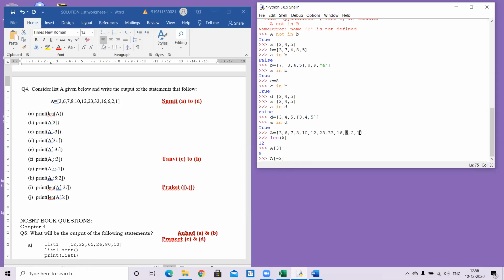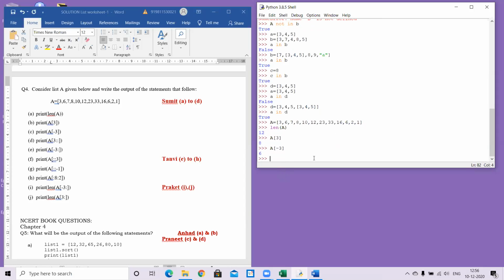No, beta, it should be 6, because from the right hand side you don't start from 0. That is the typical part. From the right hand side, it's directly -1, -2, -3, -4, and so on. And on the left hand side, it starts from 0, 1, 2, 3, 4, 5. So minus 3 is actually 6. Great.